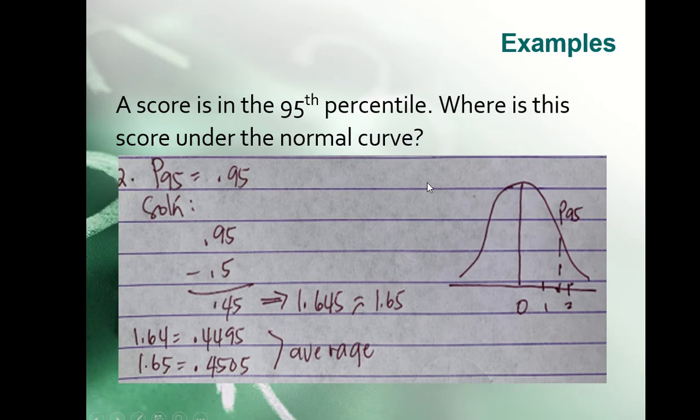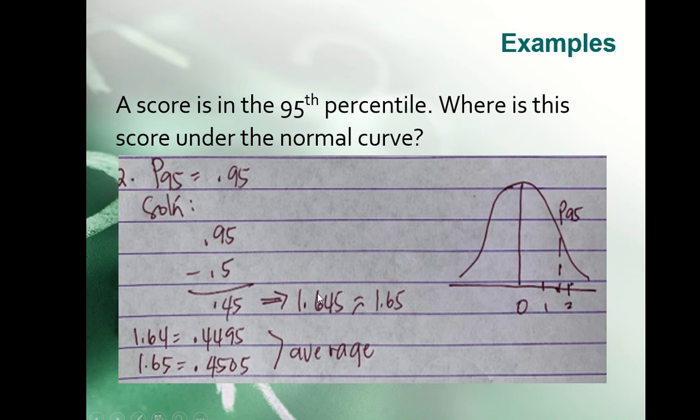Next example, a score is in the 95th percentile. Where is this score under the normal curve? So again, write 95th percentile into its decimal equivalent and we get 0.95, still greater than 0.5. So subtract 0.5, we obtain 0.45. And in this case, kasi sabi ko kanina, kung wala eksakto doon, hanapin mo yung mas malapit or pinakamalapit sa